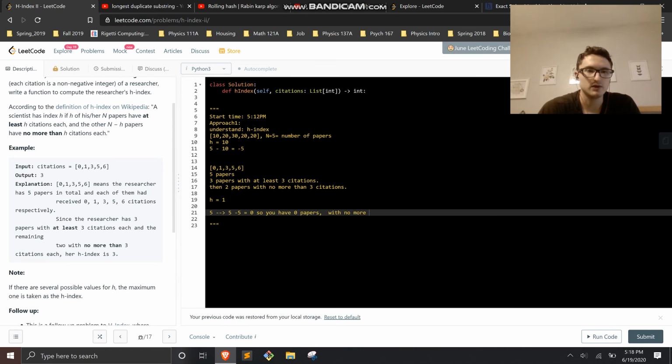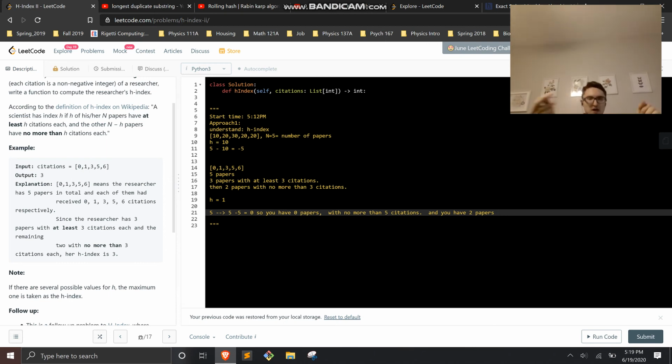Papers with no more than... so yeah, 3 has to be equal. So for instance here, since the value is 5, you need to have 5 papers. So one problem here is when you use h equals 1, do you have